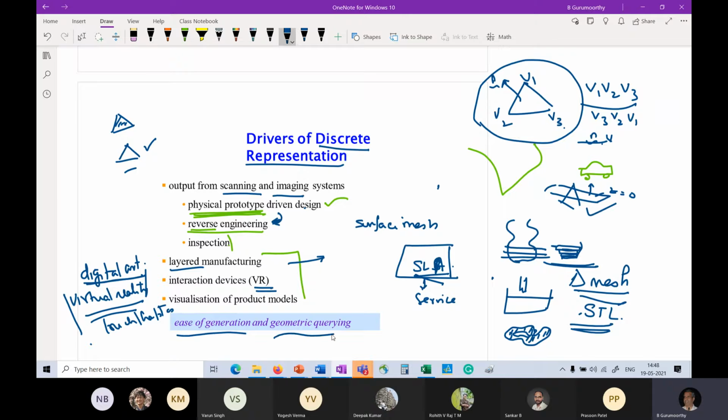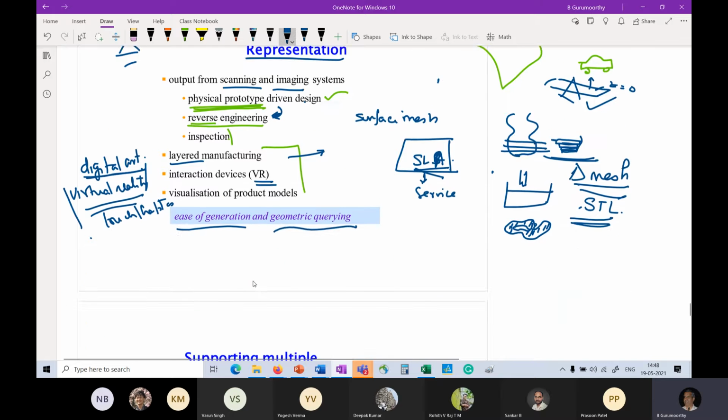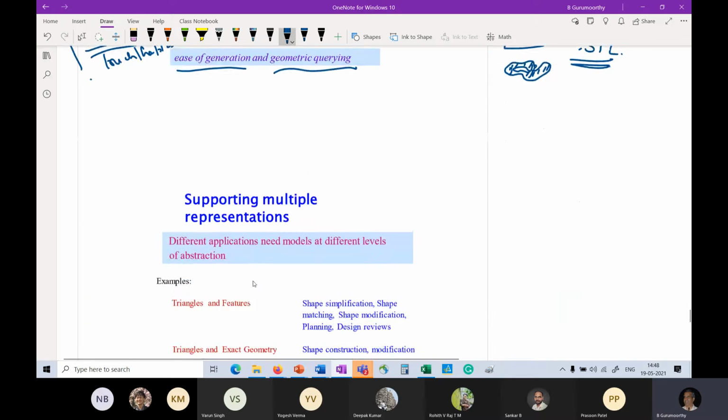Likewise, querying them becomes very easy. Does it intersect another object? Does it interfere with another object? How far is it from me? All of these are very easily answered. And so, this is a very popular representation.